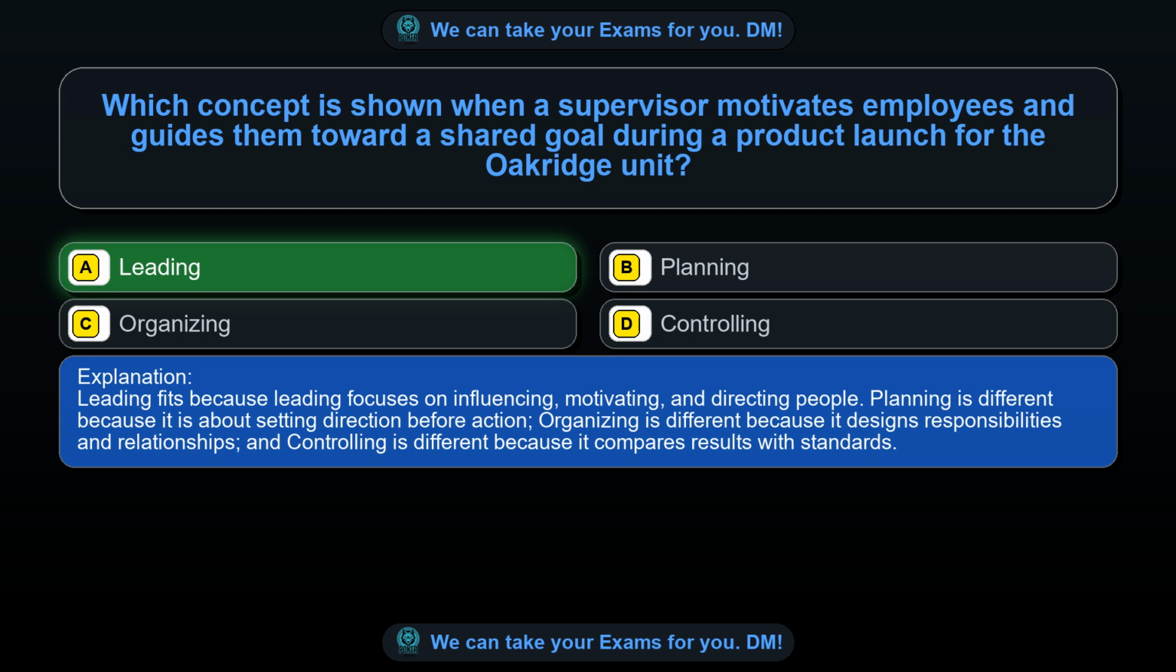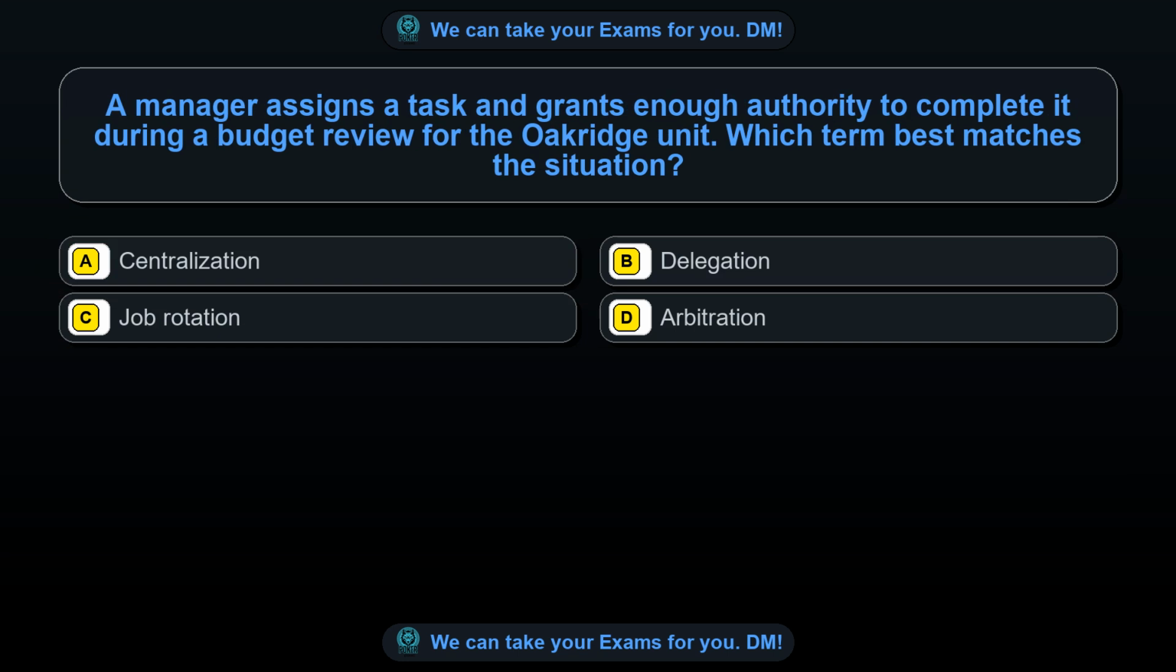Leading fits because leading focuses on influencing, motivating, and directing people. Planning is different because it is about setting direction before action. Organizing is different because it designs responsibilities and relationships, and controlling is different because it compares results with standards. Question 33. A manager assigns a task and grants enough authority to complete it during a budget review for the